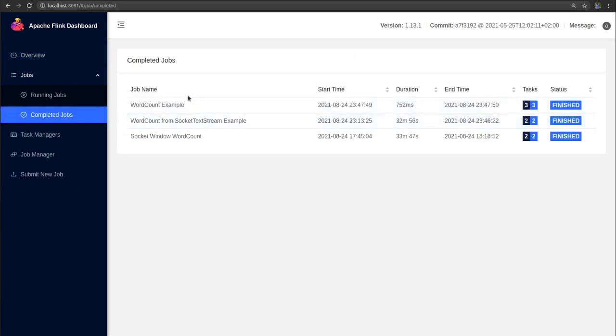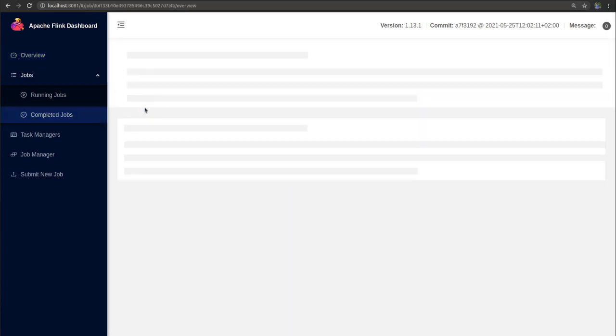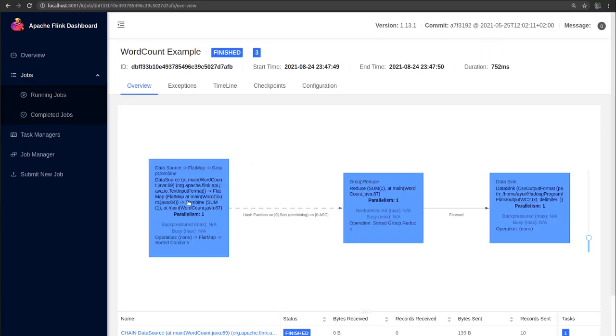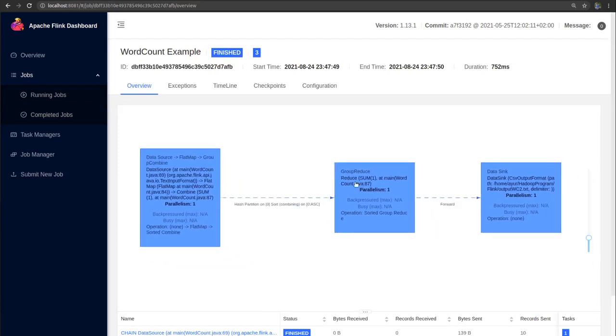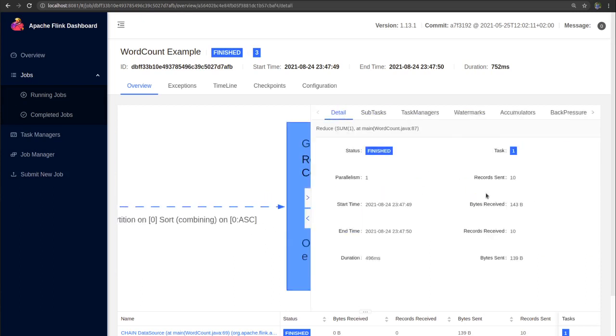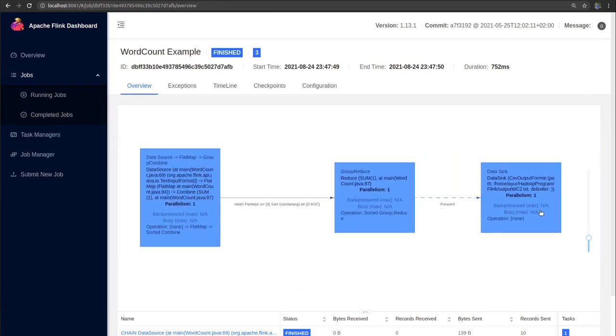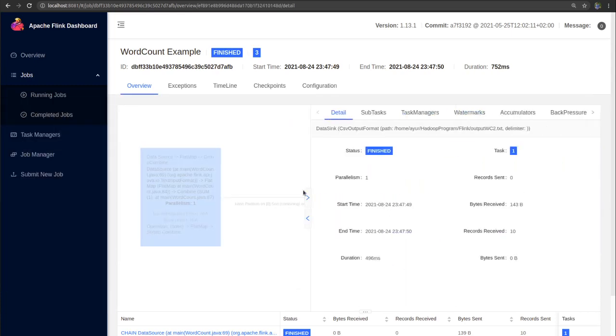Completed jobs: this is the word count example. As you can see here, first we got the data source, and then we mapped it over here, and then we reduced it over here, and then we saved it over here.